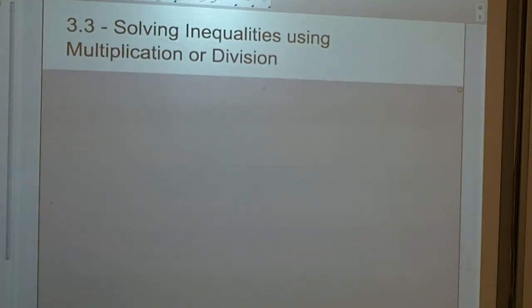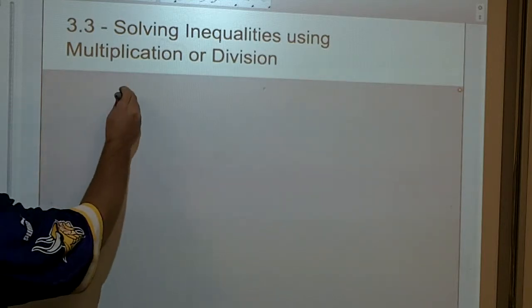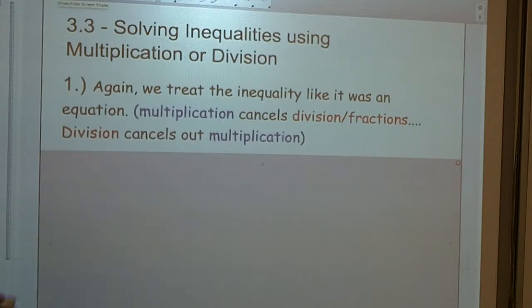Alright, today we're going to continue with Chapter 3, focusing on Section 3, solving inequalities using multiplication or division. And you'll see there's, again, some very strong ties to how we solve equations as to how we solve inequalities. First thing, again, we treat the inequality like it was an equation. So again, if you're good with solving equations, if you feel pretty confident with that, solving inequalities should come pretty